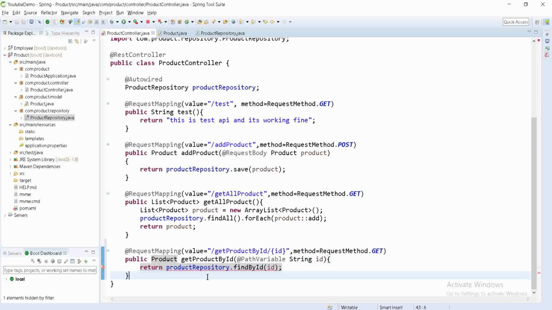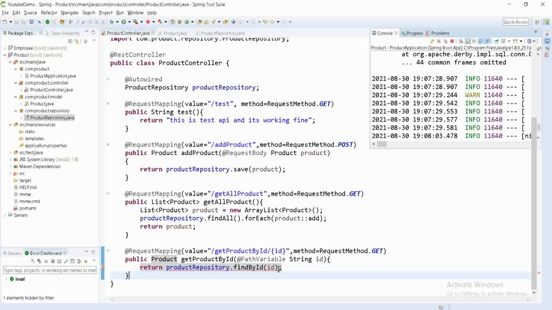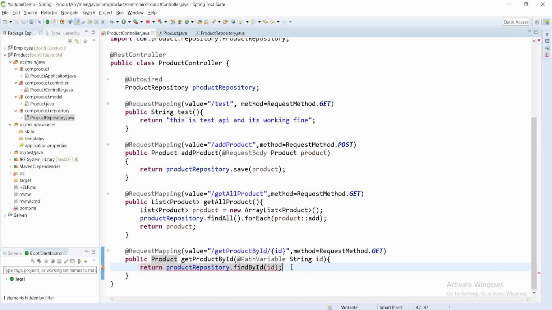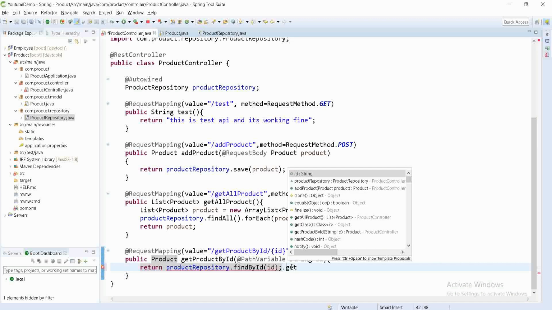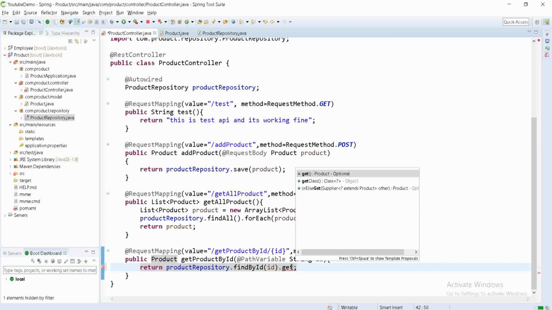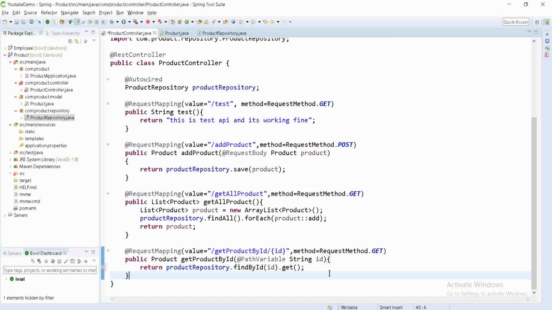Let's save this. For that it is returning, so that's why we have to mention here like dot get also. Like this. Just save this and let's see if it's working or not.